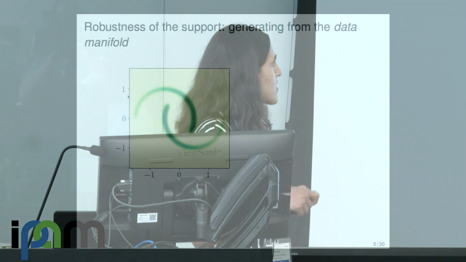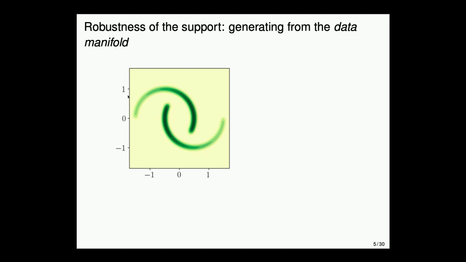Yeah. So, let me try to explain this question about the robustness of the support that I mentioned, first with pictures. So, here is the target distribution. As you can see, the target distribution is supported on these two almost one dimensional curves, right, in two dimensional space, and then there is a specific density. Here the density is higher than here.